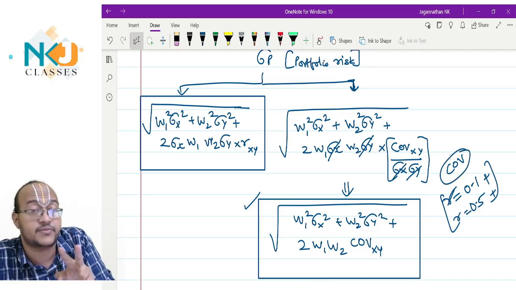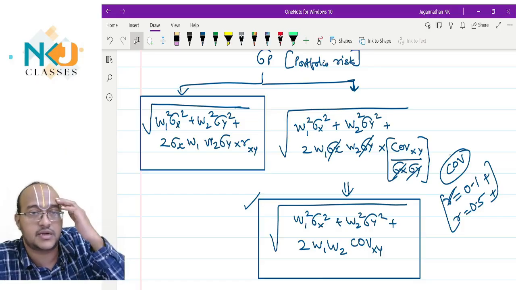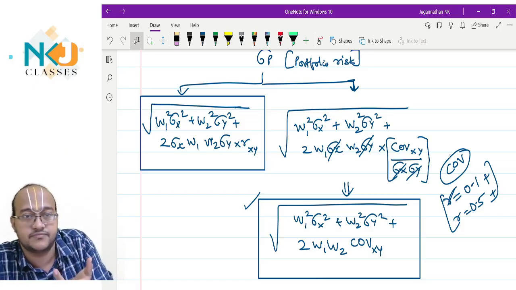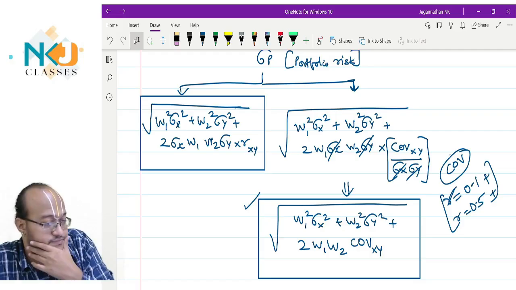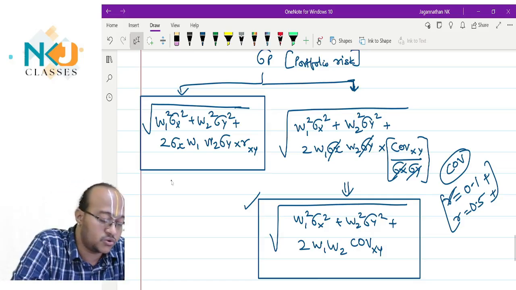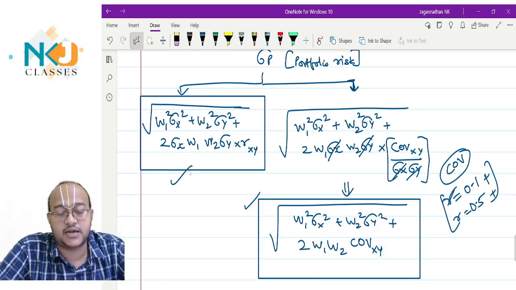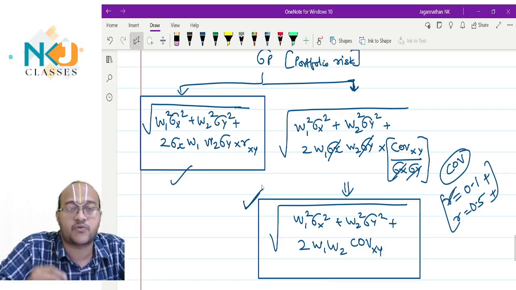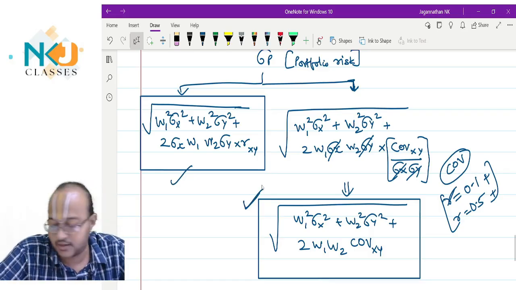Covariance is a different number from the correlation. Are you all understanding what I am trying to say? When they give correlation, you should use the first formula. When they give covariance directly, you use this formula and find it out. Are you understanding? Okay. Next,